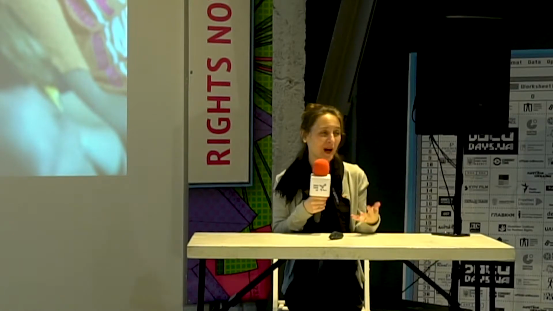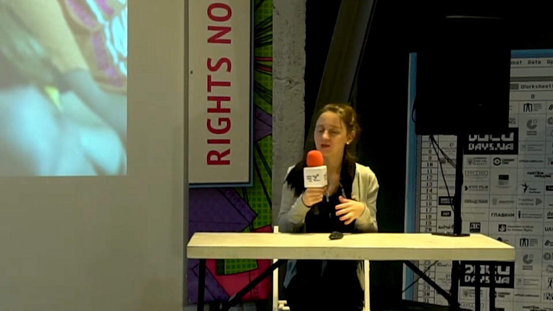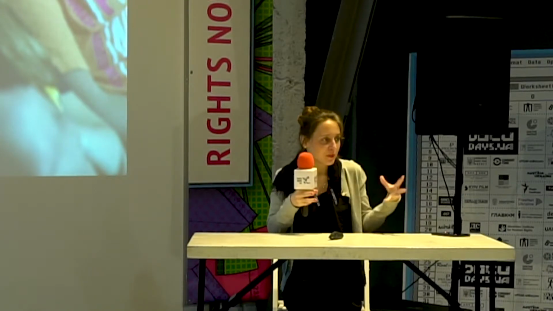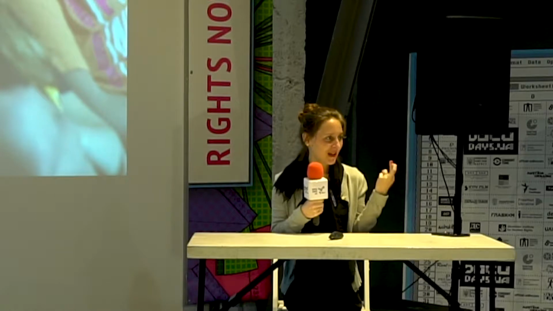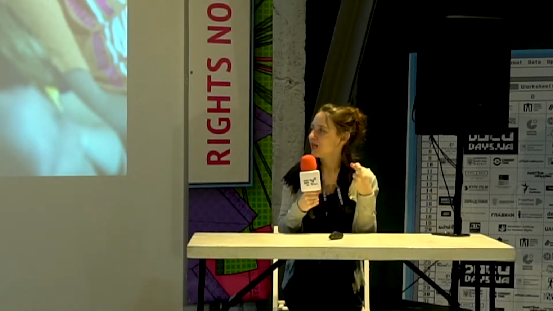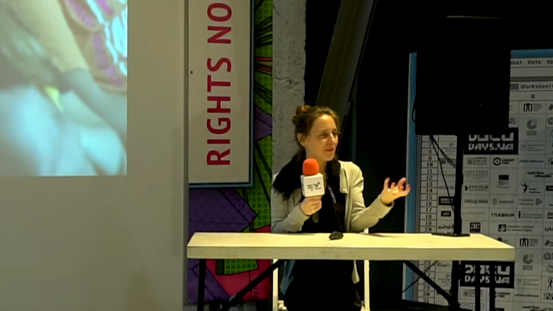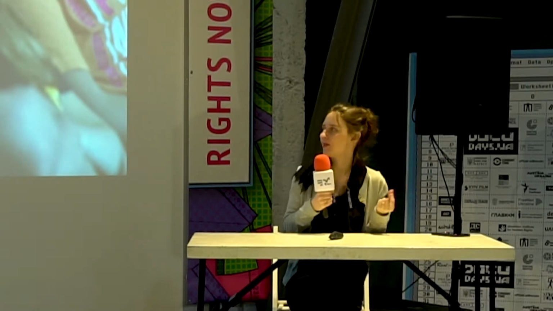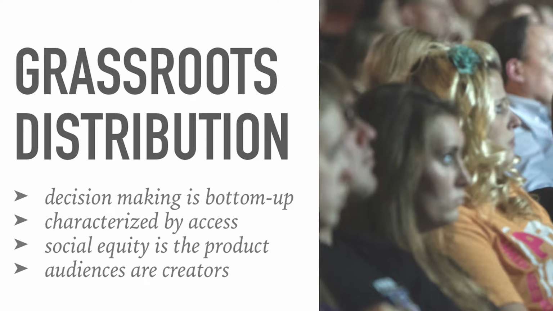Social equity is the product, so the idea is not just to sell the content, the idea is to create an experience around the content, to bring people together, to use the forum of a film screening, which is by its nature an in-person human interaction, to create that as the product. That becomes the item that we're trying to sell, not the film itself. And then lastly, the audience becomes the creator. The audience is a participant in the